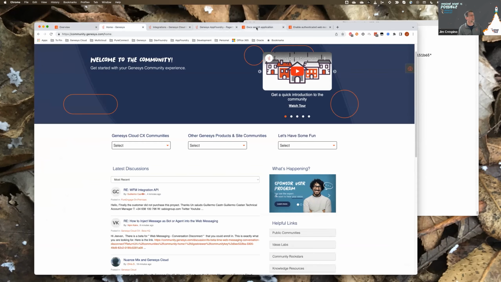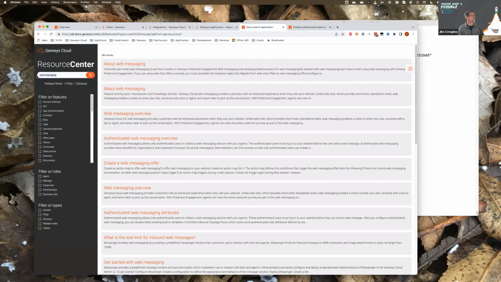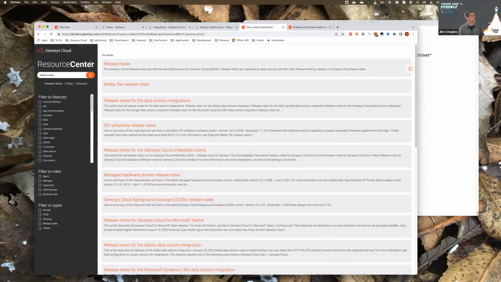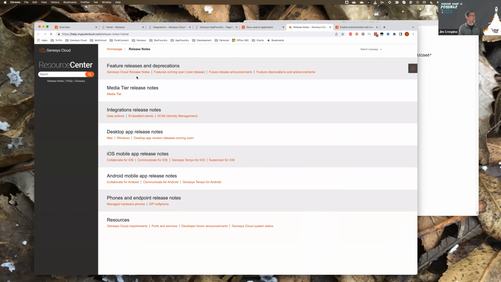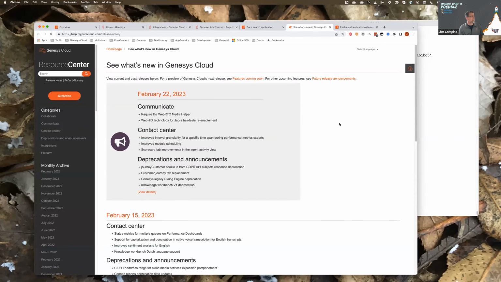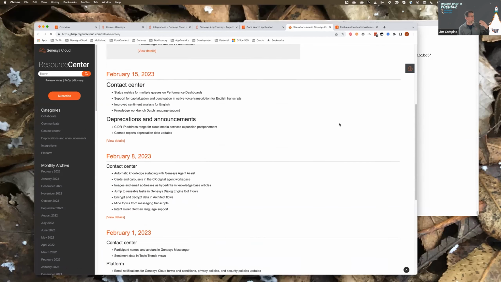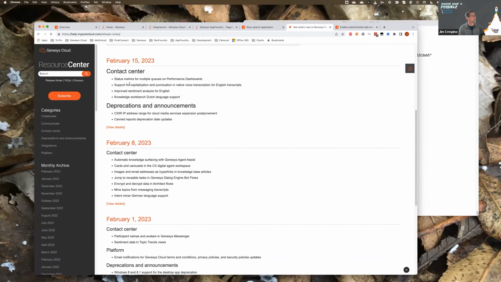So if you go to the documentation and release notes, maybe it'll be there. Not everything, Genesys Cloud release notes. So we do release notes every 2 weeks. We have a release cycle every 2 weeks.